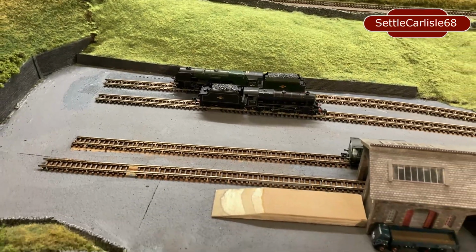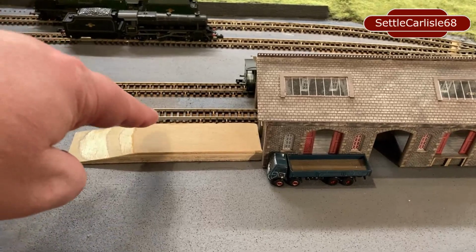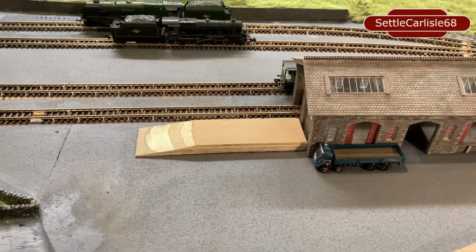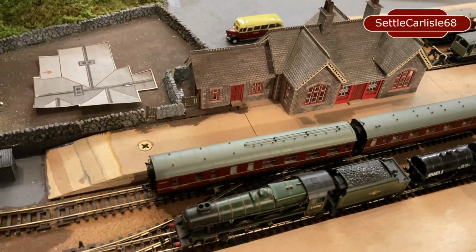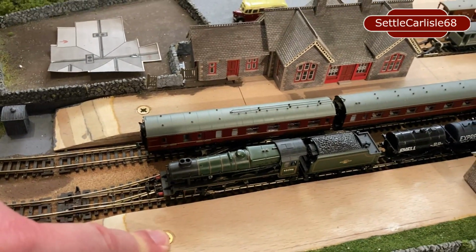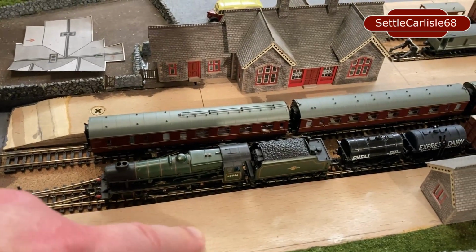And then coming back over, we've got the goods shed with what will be another loading platform with a crane. So I've got all that. And then all of this wood that you see for the platforms are all fastened down now. The platforms, the gaps have been set, and then what I'm going to do is coat this with